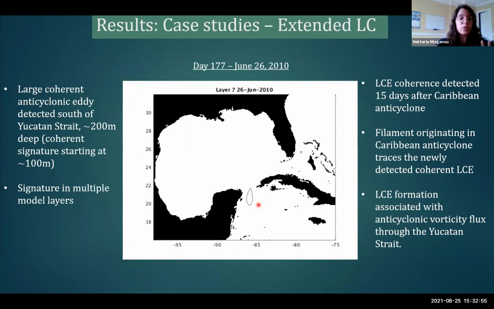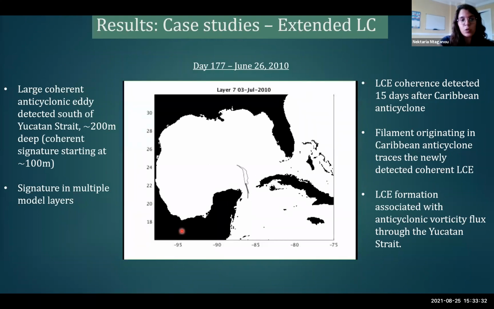In this case, when the LC was retracted, the anticyclone that was detected south of the Yucatan is marked with the black contour. It is a large eddy, and most of the anticyclonic vorticity flux of this period is attributed to this eddy. It is about 200 meters deep, with the coherence signature starting at 100 meters. The coherence signature of this eddy is evident in multiple model layers, and this is showing layer 7, just an example. So I'm going to play an animation to see the advection of this eddy into the